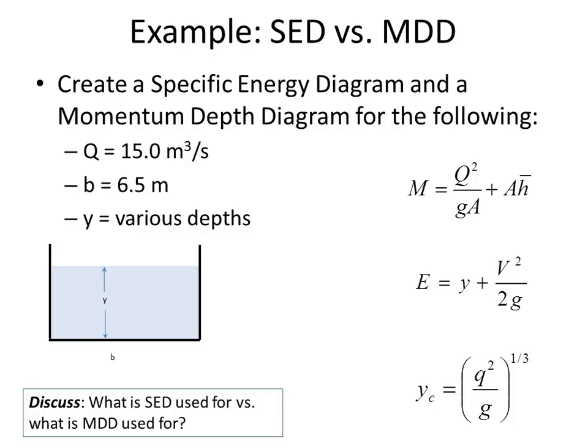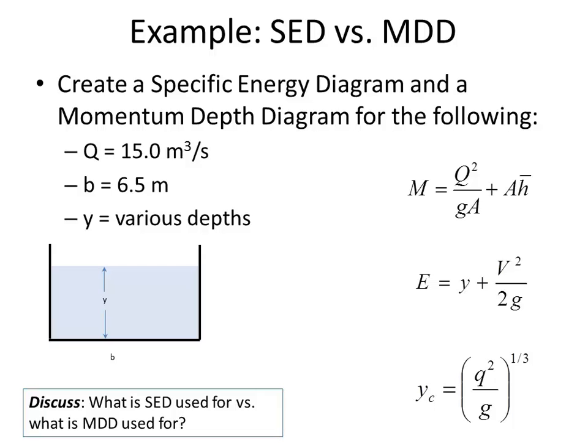And so what we've had previously was some combination of lots of different y values. Each row is some different y value. And then in various columns you're going to be calculating the specific energy associated with that depth and the momentum associated with that depth. And so what are the columns going to be? Well, one of the columns is going to be y. All of these are going to have the same flow rate, q. So q might as well be a column, but it's going to be constant. Every row is going to have the same q. B might as well be a column, but every single row is going to have the same b.